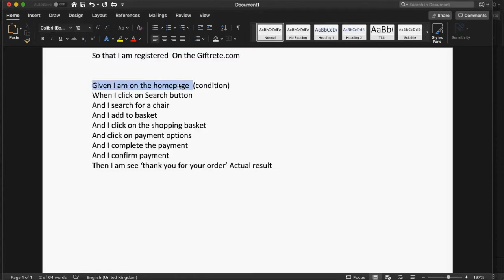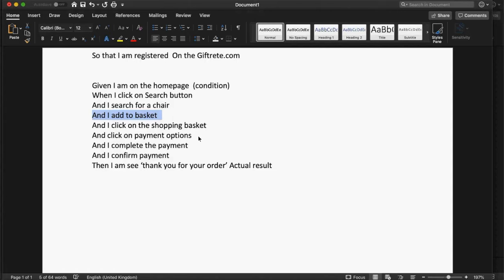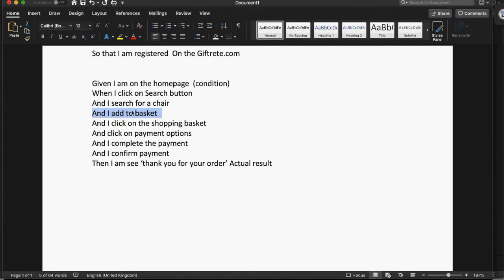So it means when you're on the home page, there's a search button. When you click on the search button, and then you search for a chair, and you add the chair to the basket, and you click on the shopping basket, and you click on payment options, and I complete the payment. So all these